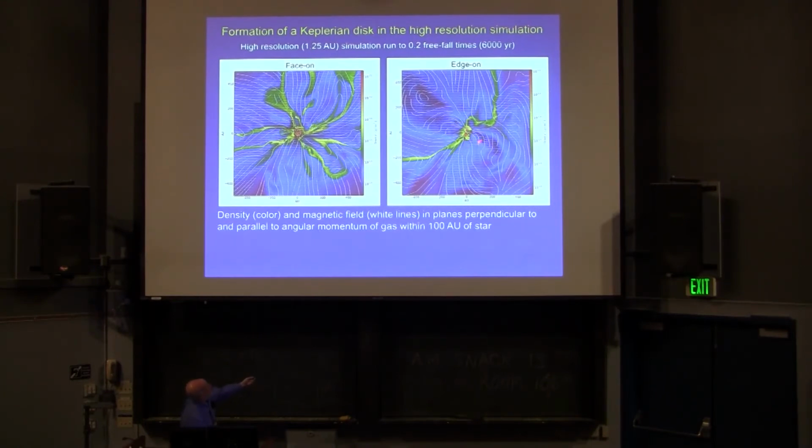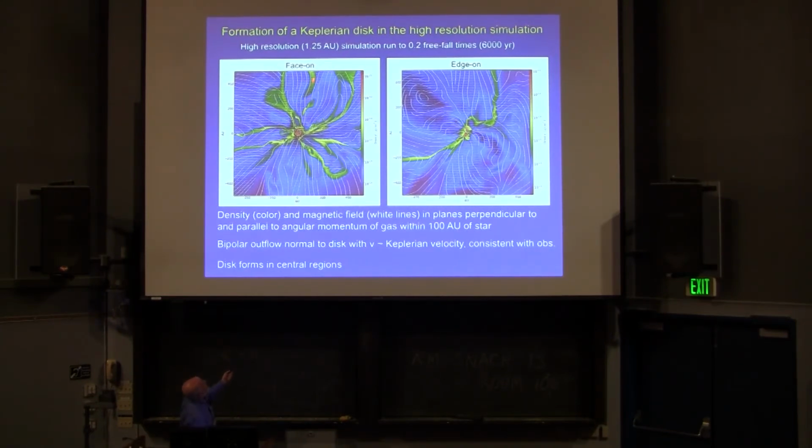But in fact, we're not saying that this is the disk. Before going on to that, let me just point out that we did find that there was an outflow coming out along the axis. It had a velocity comparable to the Keplerian velocity, and that's consistent with observation. Because our resolution is much less than Mother Nature, our velocity, of course, was much less.